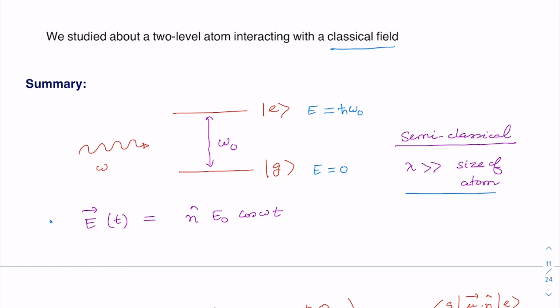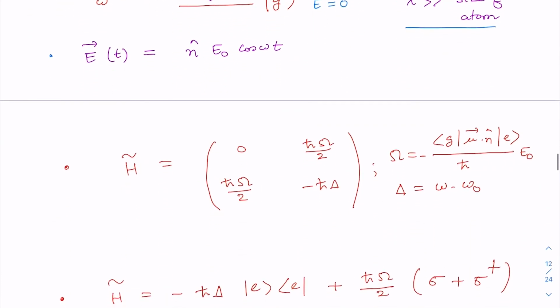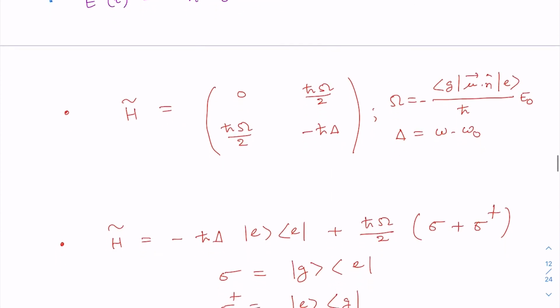In this case the atom is considered as a quantized entity, and the electric field is considered as a classical entity, and that's why this particular treatment is known as the semi-classical treatment. Using the so-called rotating wave approximation and in the rotating frame of reference, the Hamiltonian of the whole system is described by this Hamiltonian, where delta is the detuning parameter, that is omega minus omega 0. Omega is the laser field frequency, omega 0, as I said, is the resonance frequency of the atom, and capital omega is the so-called Rabi frequency.